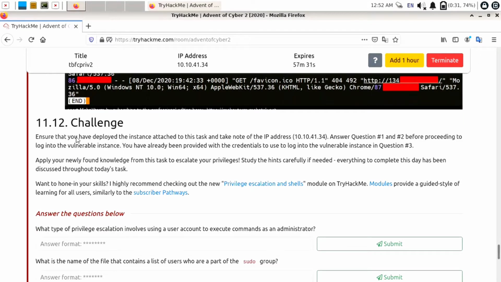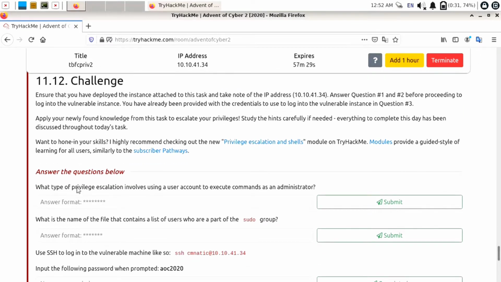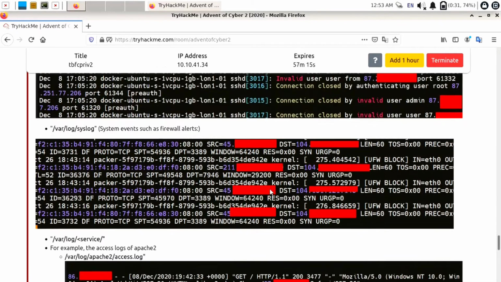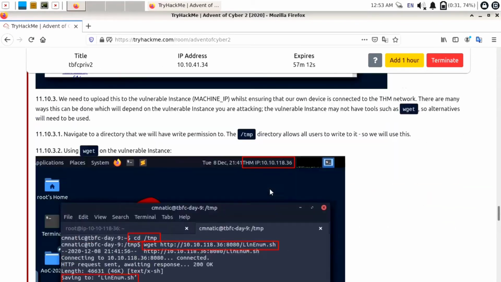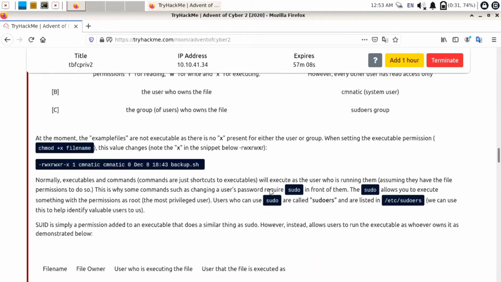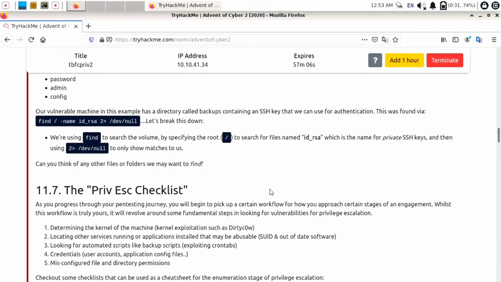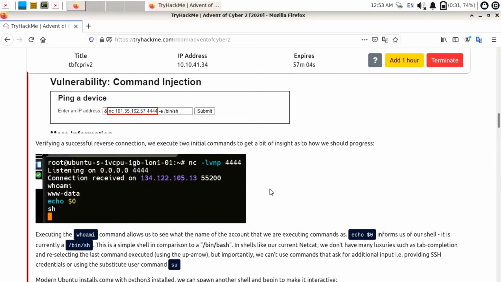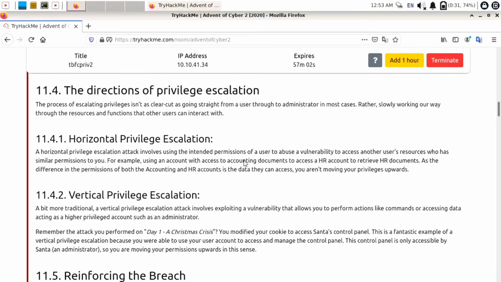Now here is our first challenge. What type of privilege escalation involves using a user account to execute commands as an administrator? There are two types of privilege escalation. The first one is horizontal privilege escalation. The second one is vertical privilege escalation. We just need to find which type gives us permission to run commands as an administrator. Just scroll up. They have already explained what vertical and horizontal privilege escalation are.